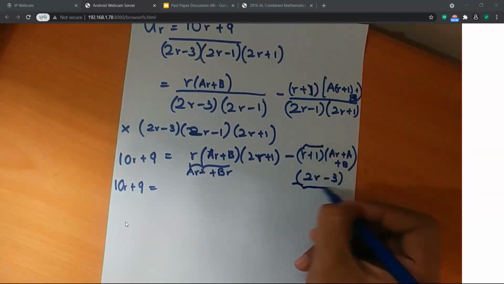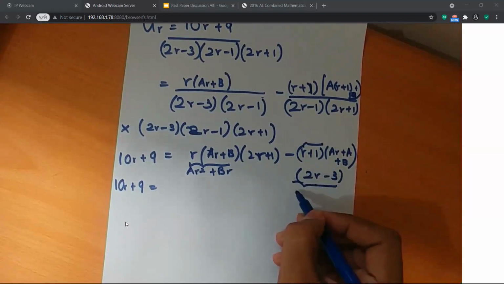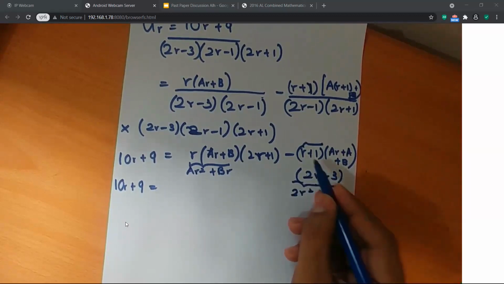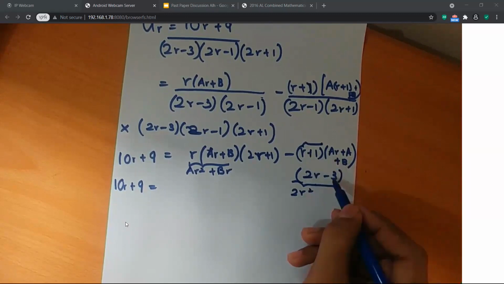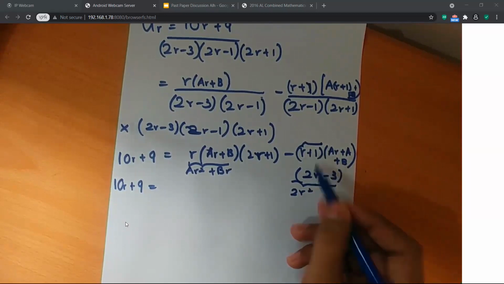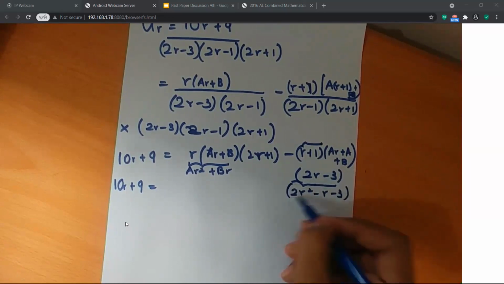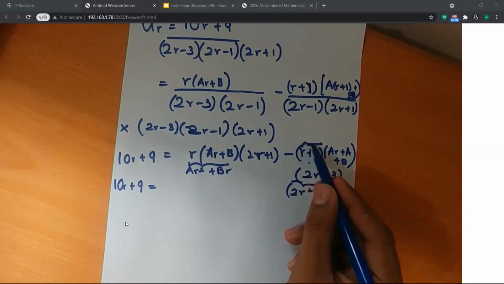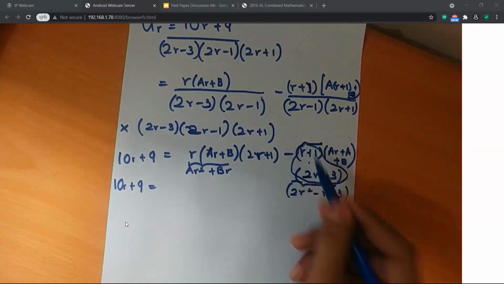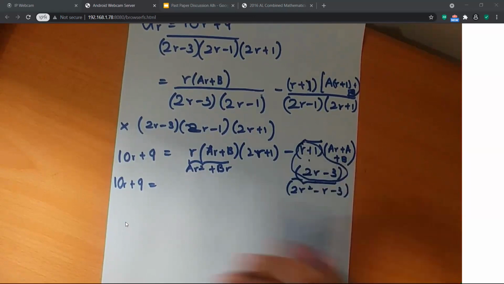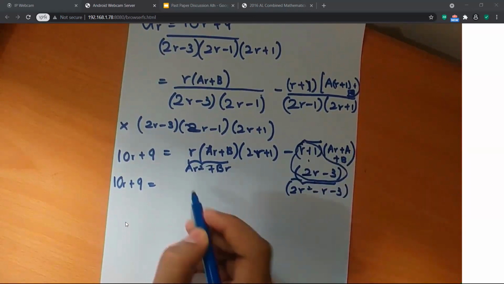So that would be R times 2R is 2R square. R times 3 is minus 3R, plus 2R, so minus 3R plus 2R becomes minus R. 1 into 3 is minus 3. So these two terms I simplify as this. Now we'll open the brackets. So if we get this,